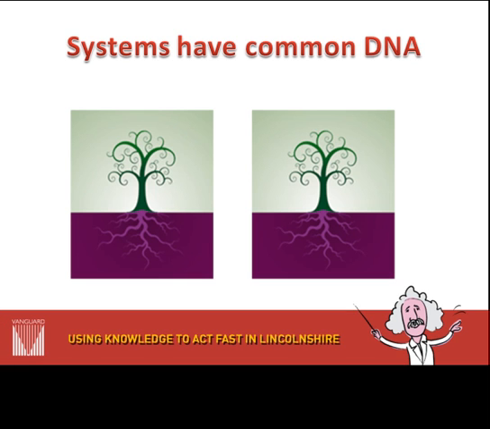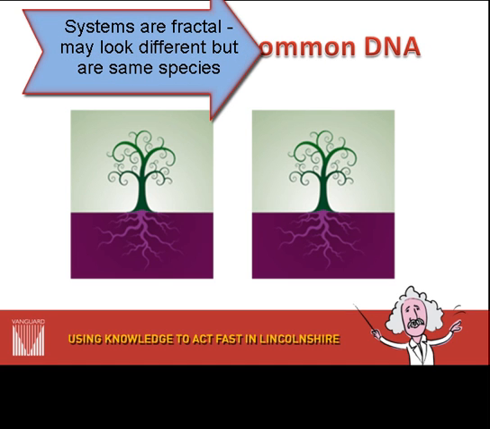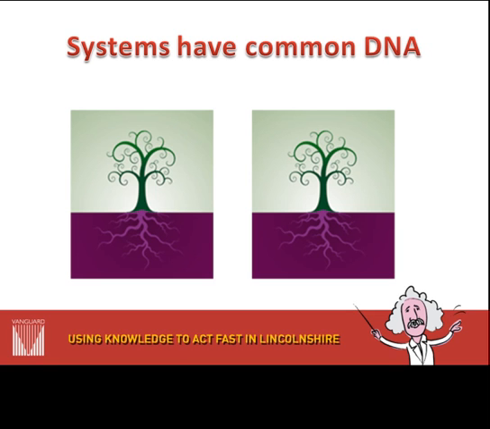Now, what we realized about 5 years ago was that service systems have common DNA. In other words, if you take the metaphor, the example that I'm using on the screen here, you can see a picture of 2 trees. I was having a discussion with an academic who was saying to me that no 2 systems are alike. Look at trees, you will find that there are no 2 trees the same in the world. Now, in one sense, he's right. But what you also realize when you look at organic systems like trees is that they're fractal. What that means is that whilst no 2 trees are the same, certain species of trees have the same characteristics. Now, if you transfer this onto a service system,